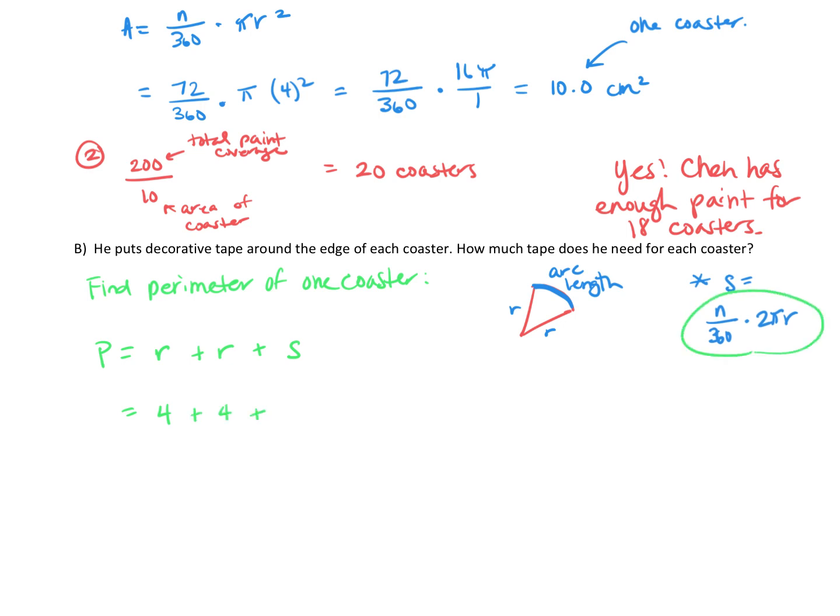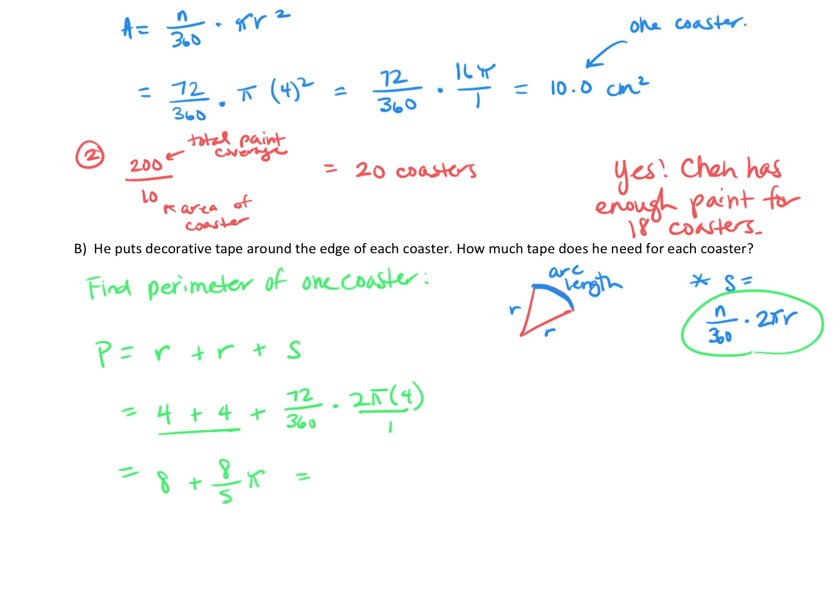We're going to use this formula, n over 360, n is 72, over 360 times 2 pi times the radius, which is 4. To clean this up a little bit, we have 4 plus 4 is 8 plus. Now, 2 pi times 4, 2 times 4 is 8. 8 times 72, if we divide that by 360, that reduces to 8/5